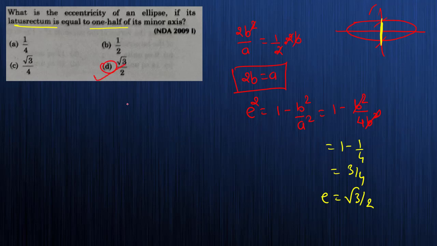See, in each and every question of the ellipse, what we are finding is a, b and e. These three parameters are very important. They will give you any two and they will ask for the third one. Maybe they will give you a, b. Most of the times they ask for the eccentricity, or in some cases they will give you a and e, they will ask for b, and vice versa. But the concept is that you have to find out the value of a and b, at least a and b.